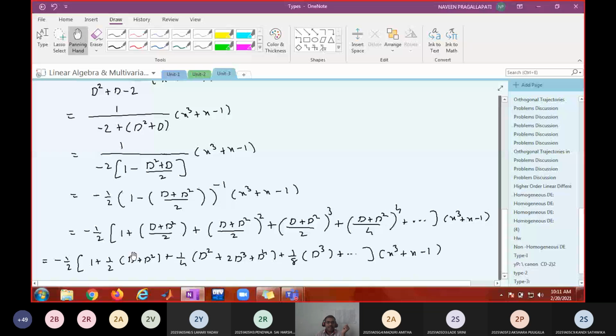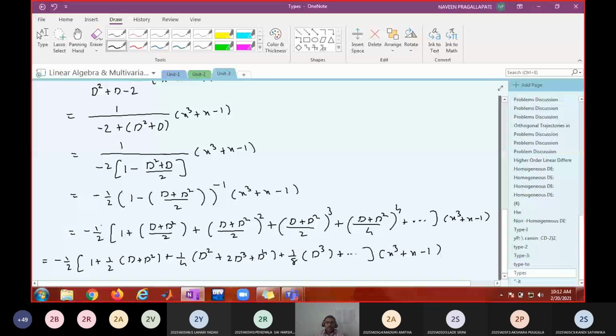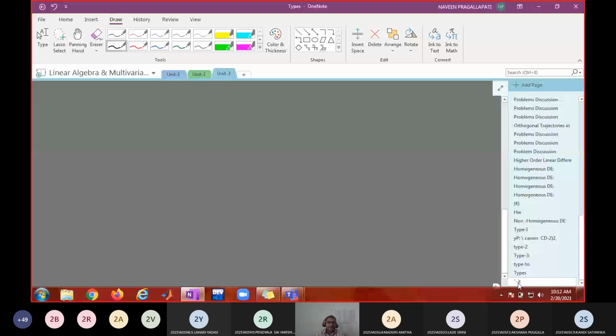Then operate each term on this polynomial. Then simplify it. I am going to write it on the next page. Shall I proceed? Yes, sir. Okay. So this is minus 1 by 2 into polynomial x cube plus x minus 1, plus 1 by 2 into